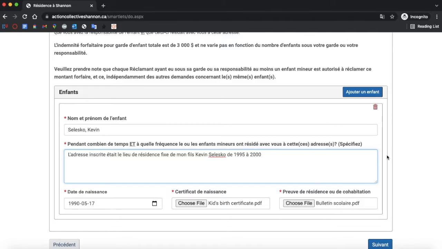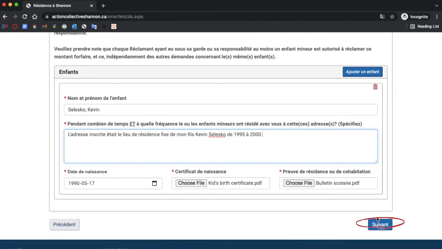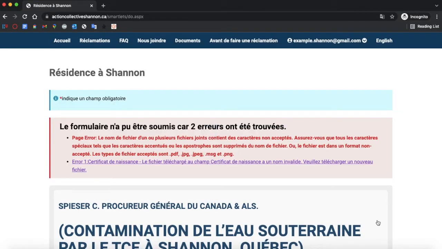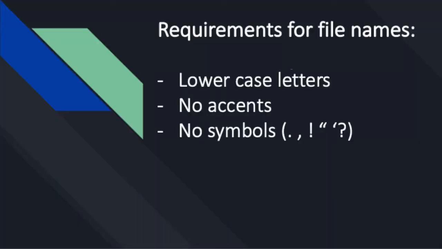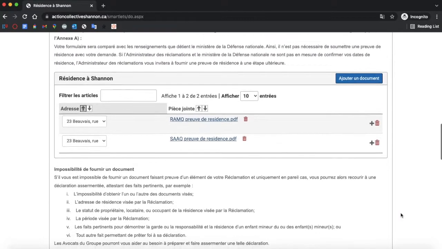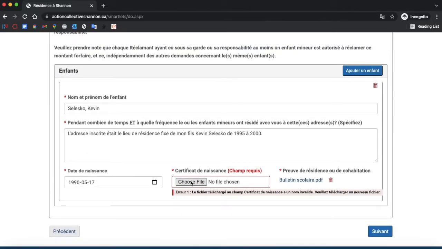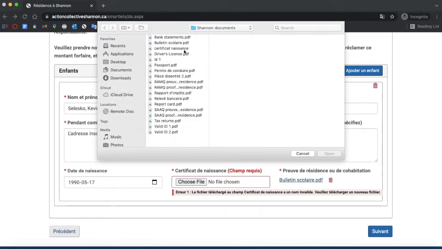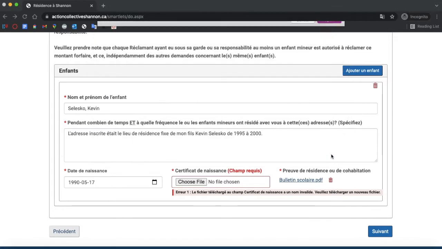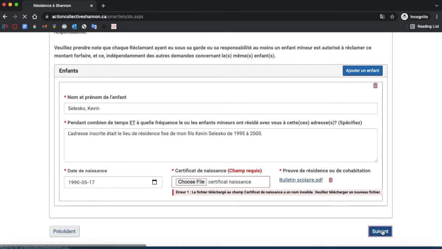Oh, see, so here it says that there's an error. The file that was put for the birth certificate had an apostrophe, and for the file names, it's very specific. It should only be small letters, no apostrophes or symbols or anything, and preferably no spaces. So now we changed the name to lowercase, no symbols or anything, and it worked. Okay. So again, just a summary, and now